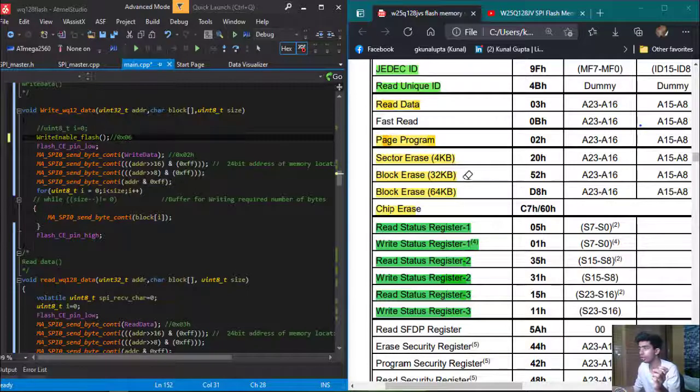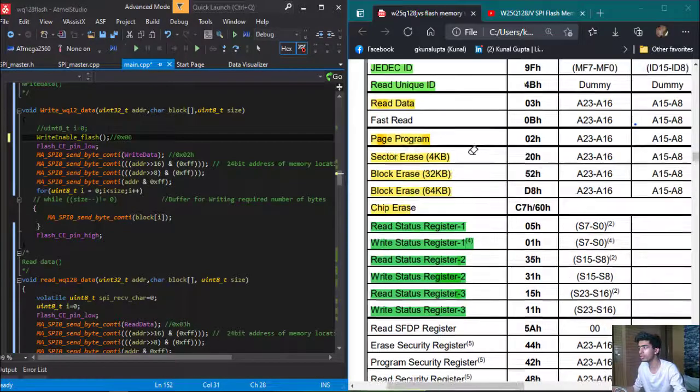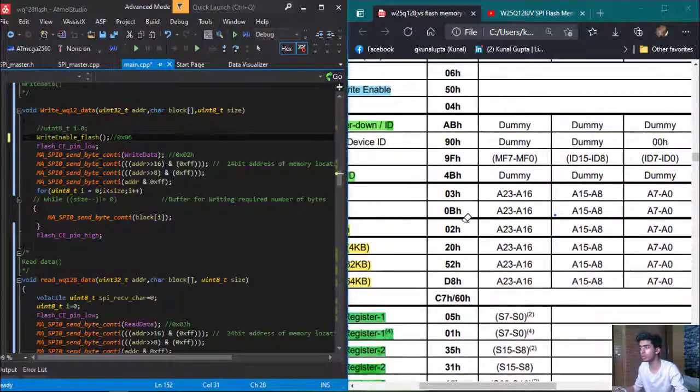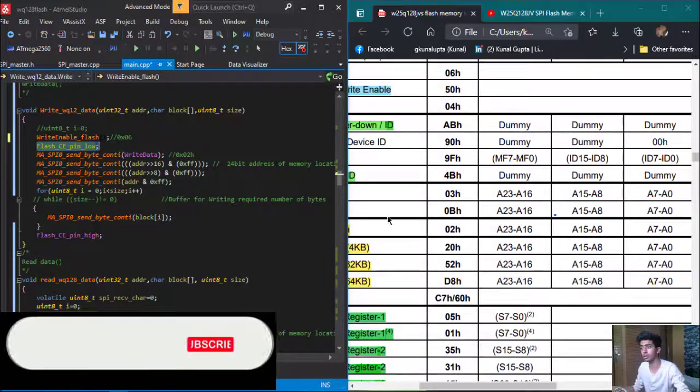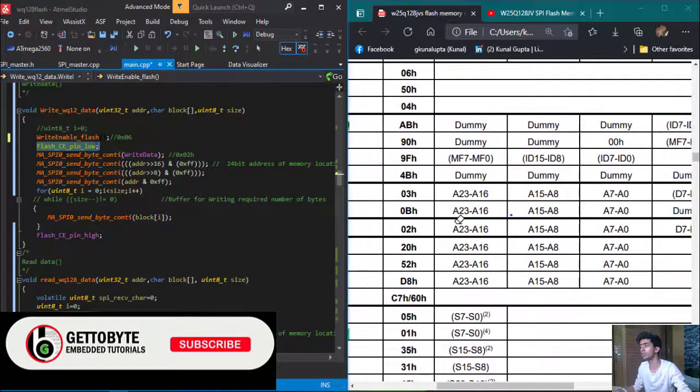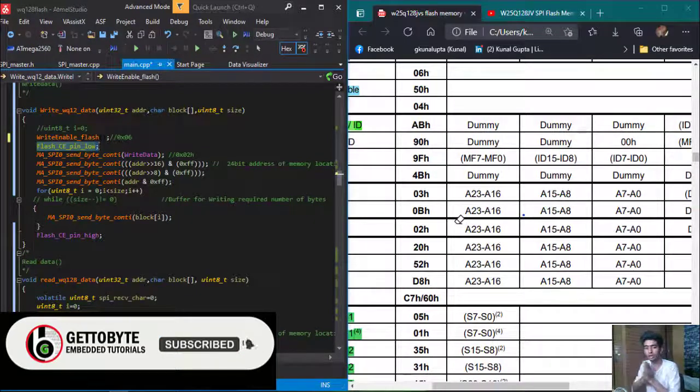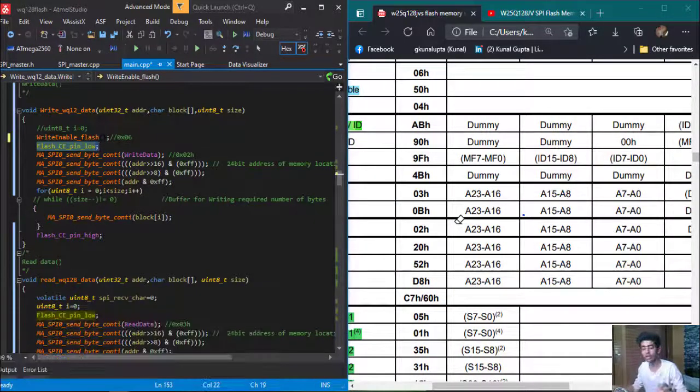And then we are going to send, as you can see in the page program, first byte 1 is 02h. That is what we have sent on making the chip select pin low, that is, the slave is selected, and then we send the write instruction 02h and the 3 continuous bytes of our address, from the most significant bit to the least significant bit.